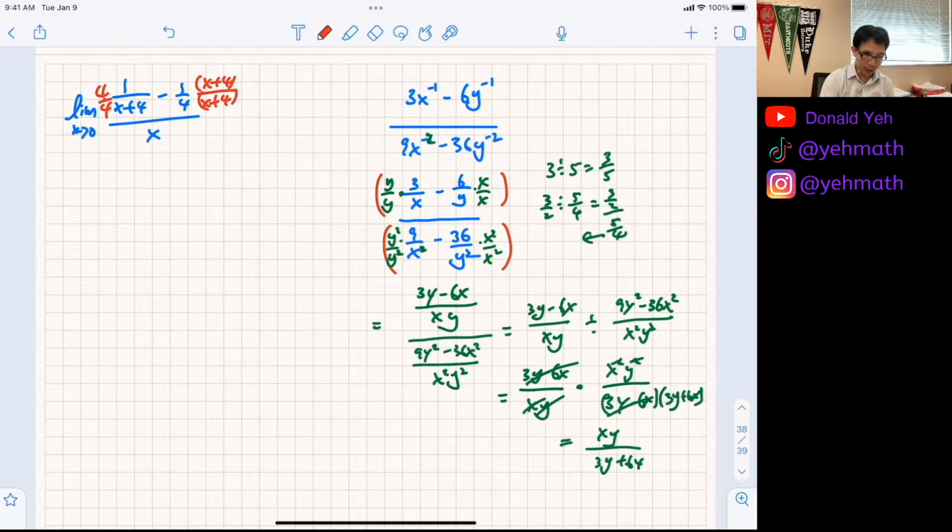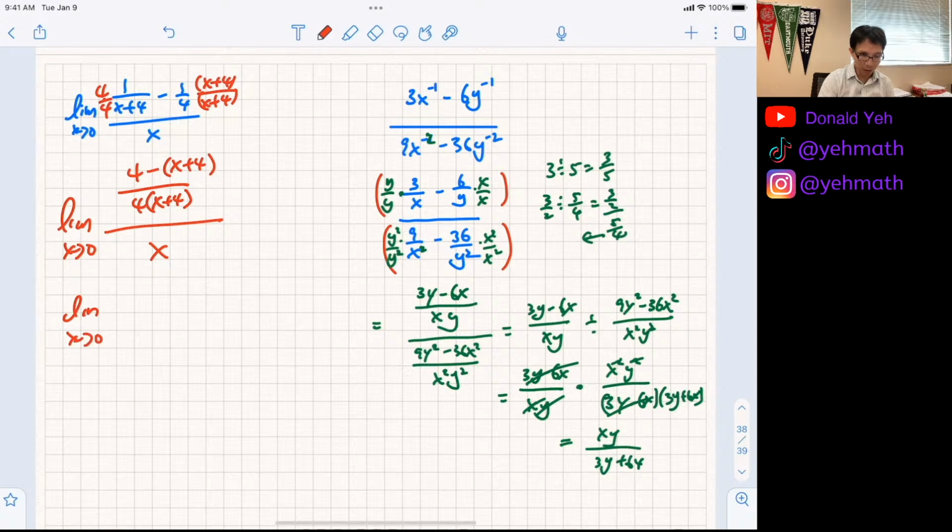Then I will get 4 minus (x plus 4) over... now this is where you make a mistake. A lot of you don't distribute this negative sign because you forgot to write a parenthesis here, and then you won't distribute. So keep a parenthesis when you're multiplying, and that way you make sure you're not making a mistake. Any questions here? Now the top: limit as x approaches 0, 4 minus x minus 4 all over